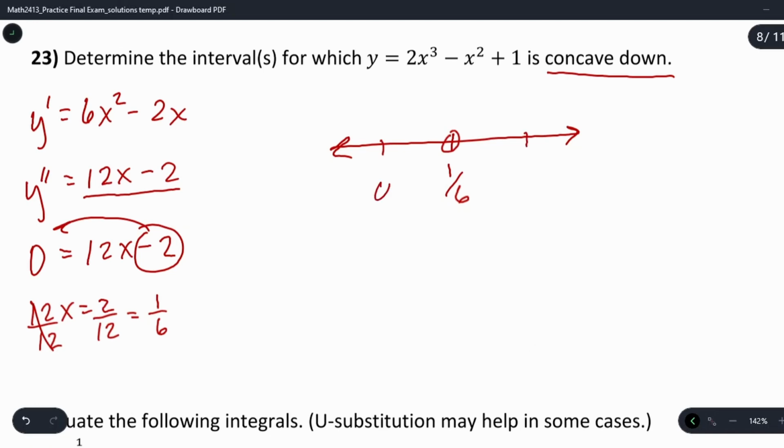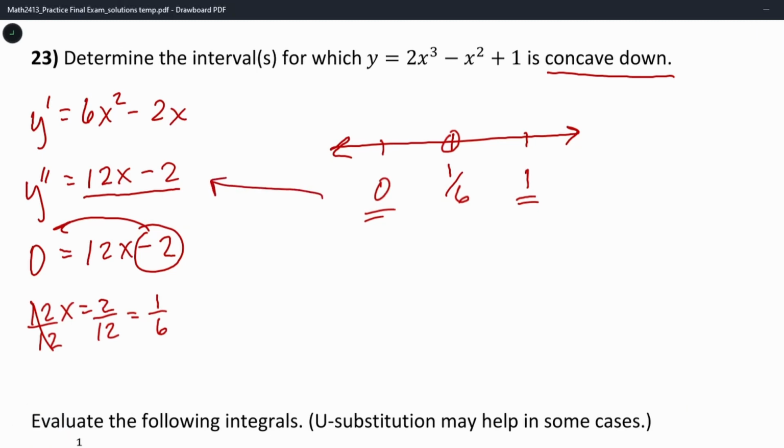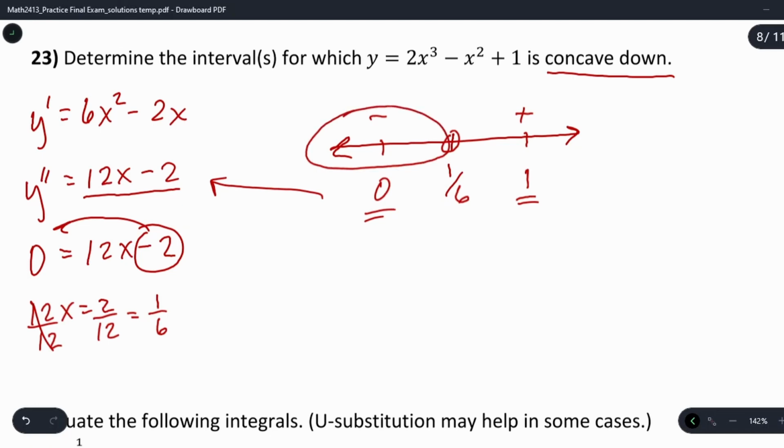So less than 1/6, 0. Greater than 1/6 is 1. We're going to plug those test points into our second derivative to see whether we get a negative or a positive value. Plugging in 0, we get -2, which is negative. Plugging in 1, we get 10, which is positive. And this section of the number line indicates where we're going to be concave down. So we would say that this graph is concave down from -infinity up to 1/6,